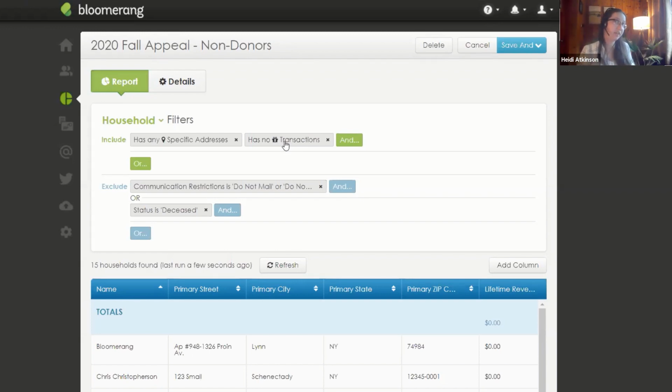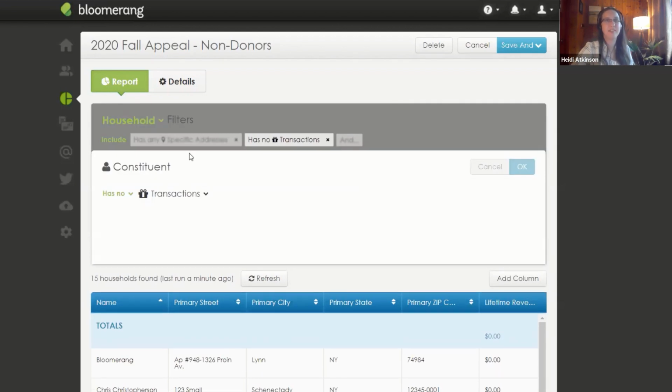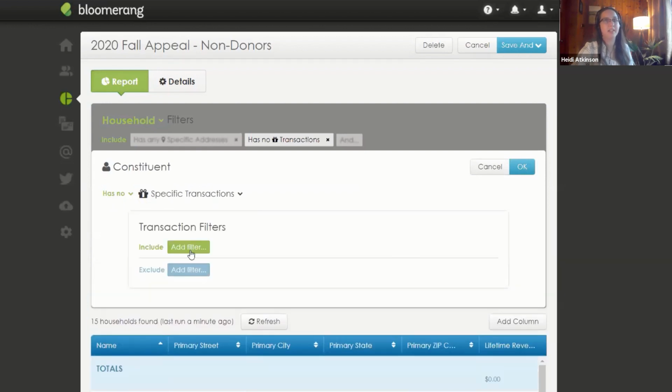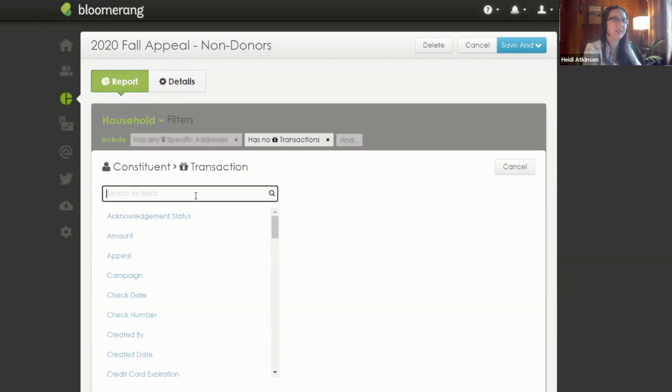That's a really fun one too to explore. Based on your organization and how you're using, for example, soft credits, how you're using pledges, what kind of segmentation you're doing, you might say, I want to send a different version of my letter to somebody who has a pledge, to somebody who has a soft credit. You can really drill down, where I'm just staying high level right here in this particular class with has no transactions, but you can get into has no transactions where the type